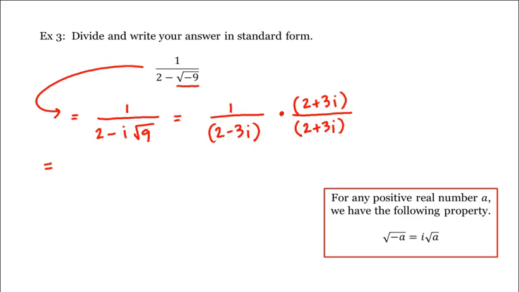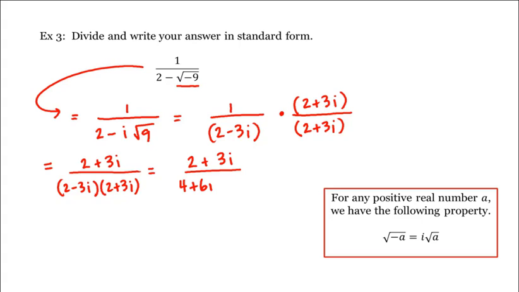So this is equal to 1 times 2 plus 3i, which is 2 plus 3i, divided by this product here, 2 minus 3i times 2 plus 3i. And now we can FOIL out the denominator, which gives us 4 plus 6i minus 6i, then minus 9i squared. And the plus 6i and minus 6i cancel. And again, we'll use the fact that i squared is equal to -1 here,